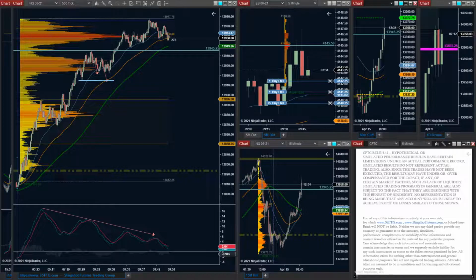So, hopefully. But I can't go further up because I might get filled to the tick and we might not actually get the trigger. And then the whole purpose of the trade's invalid. So it has to be at 42.25 or lower.